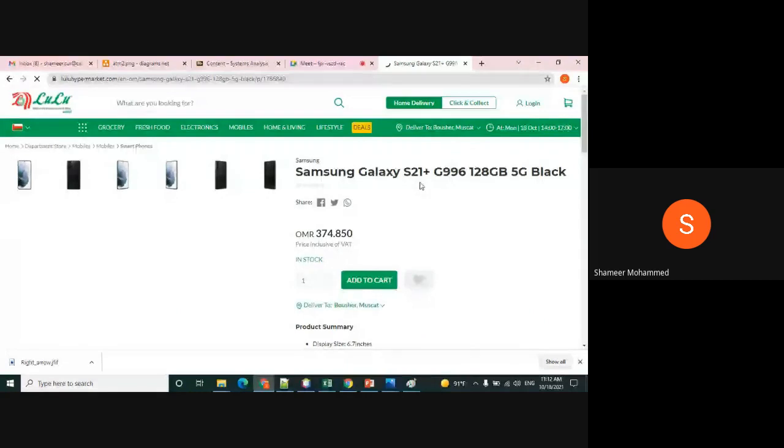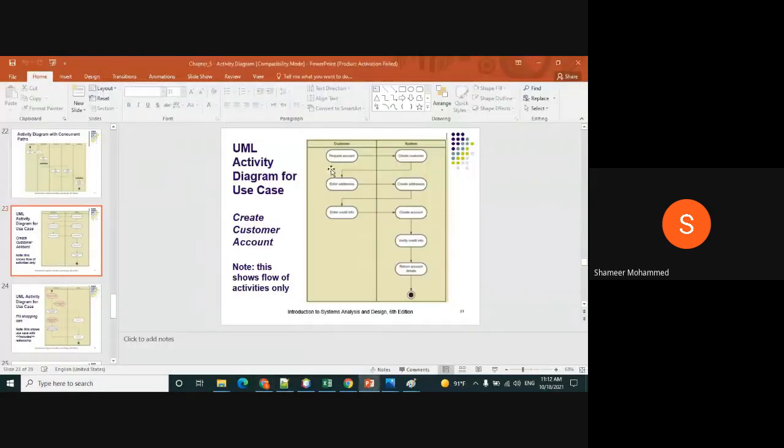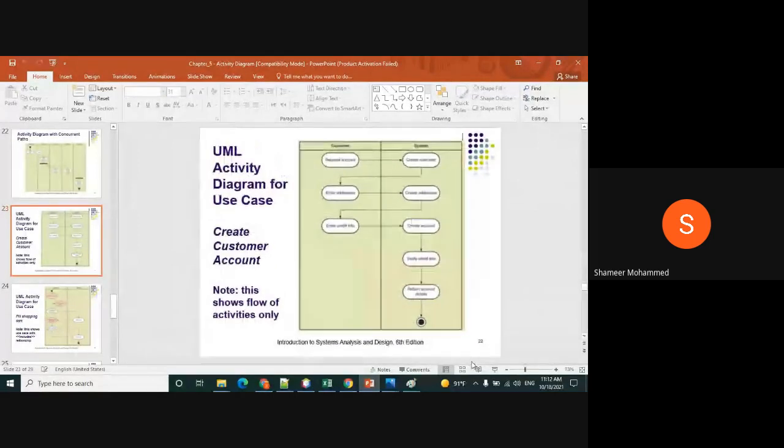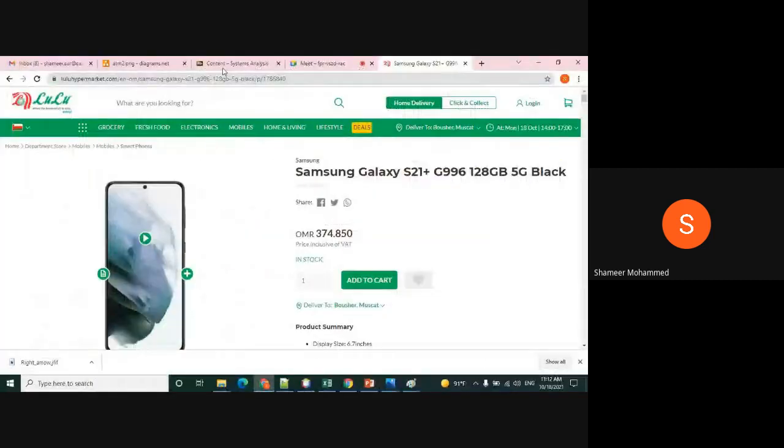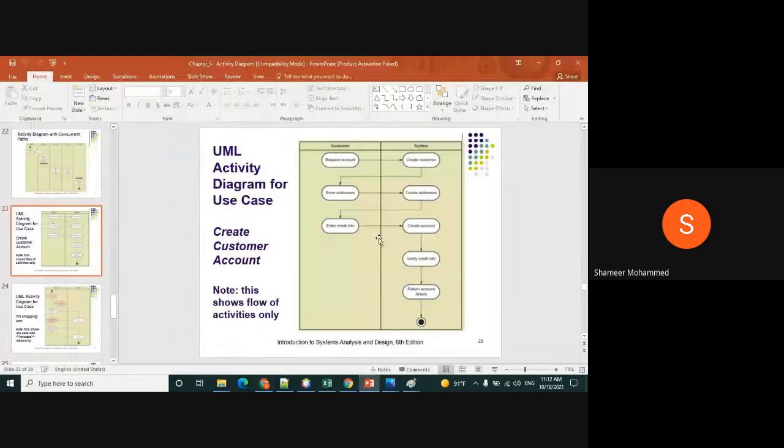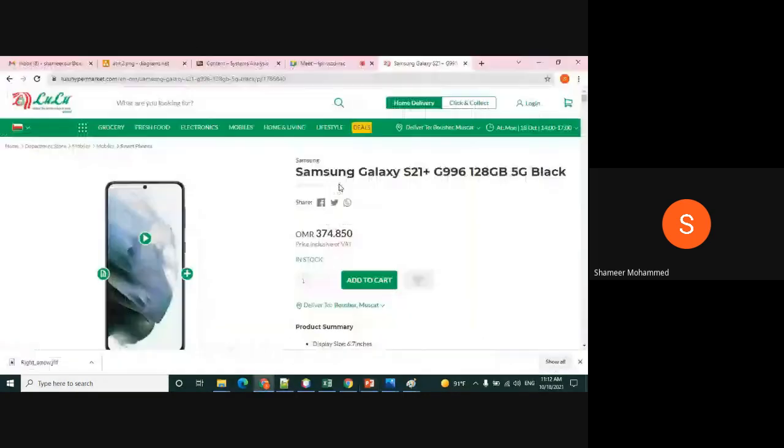I want to buy this item. So what will I do now? I will send a request to the system. System means this is my system, the Lulu website. So when I select the item,